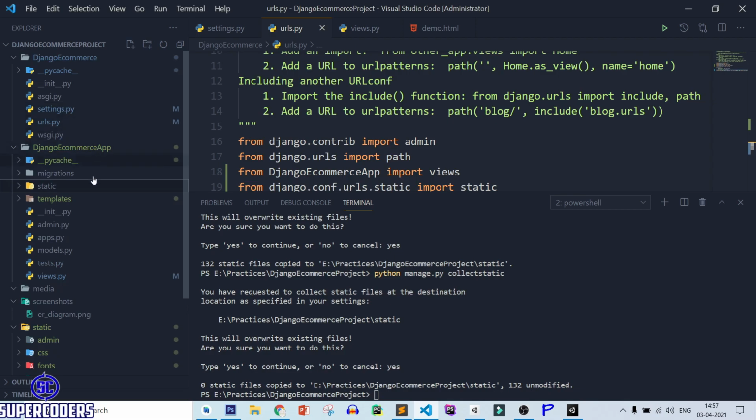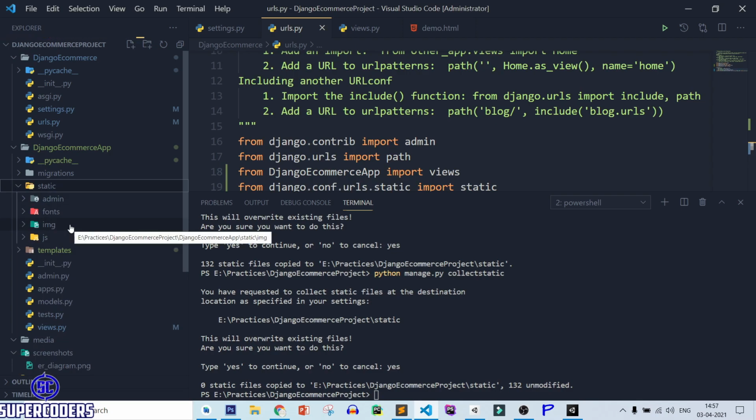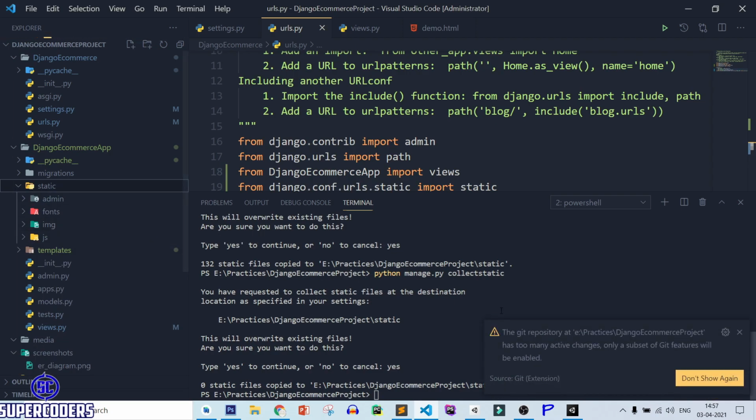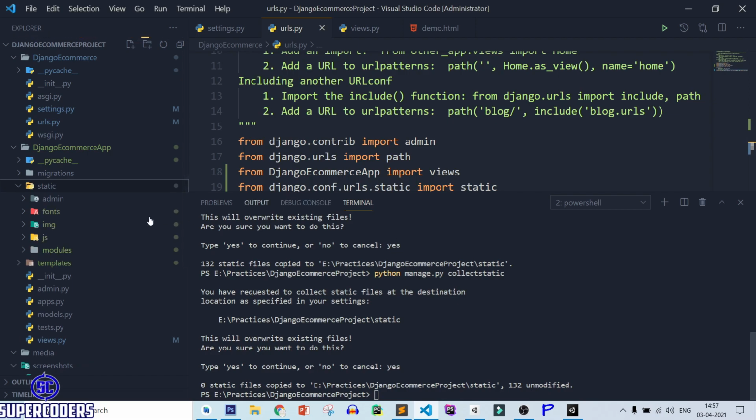Now paste your files inside this folder. You can see it's copying the files, so you have to wait until all our files have been copied. Here you can see all my files have been copied.